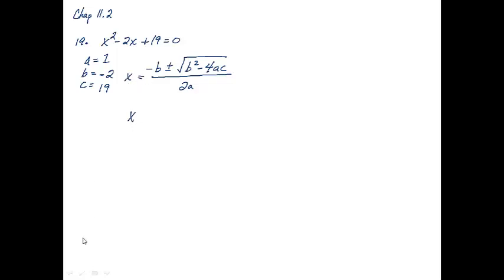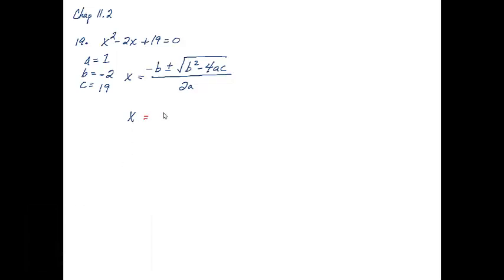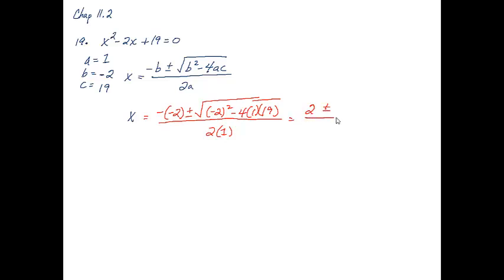So we have x equals negative negative 2 plus or minus the square root of negative 2 squared minus 4 times 1 times 19, all over 2 times 1. And then we use our handy dandy calculators and we get 2 plus or minus, let's see what's inside our square root, 4